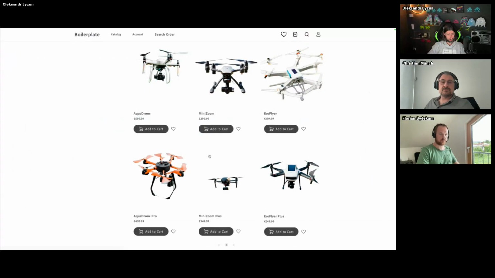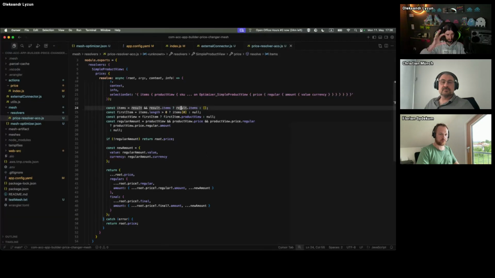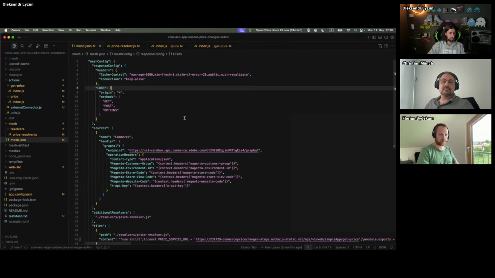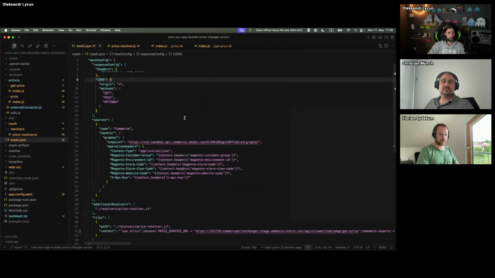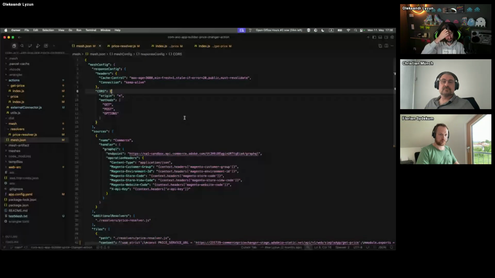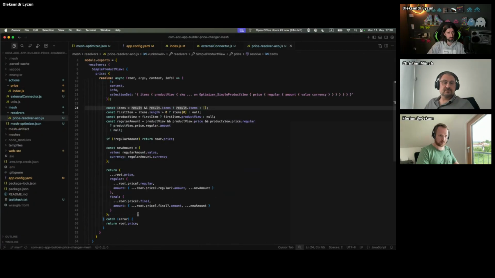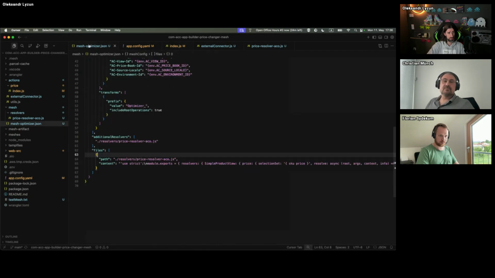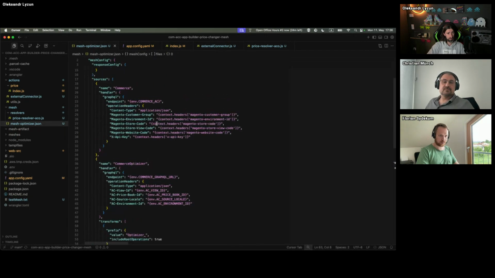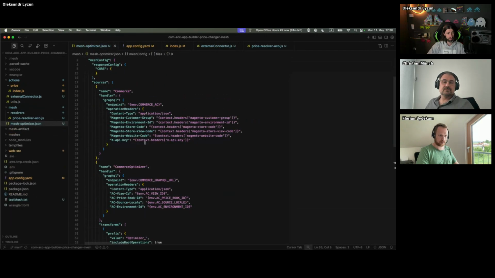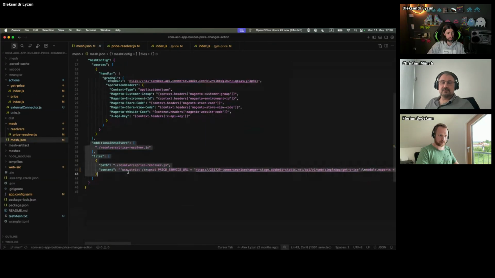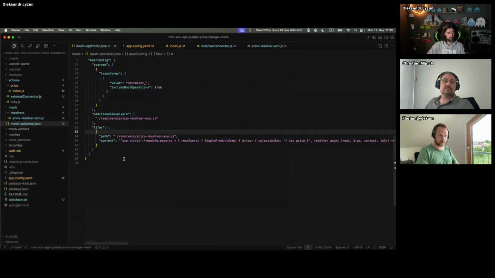So that's one example which I showed, where I have two endpoints which we merged together. I especially prepared another use case for the same purpose. We still have the API Mesh configuration, but we have only one source, which is our Adobe Commerce. And we have the resolver. So compared to the previous one, we have only one source, which is the same as the first one here, and then only one resolver, instead of merging the Adobe Commerce Optimizer one.